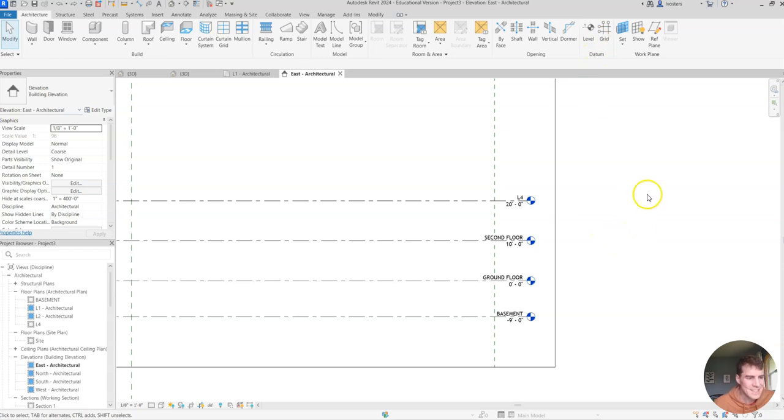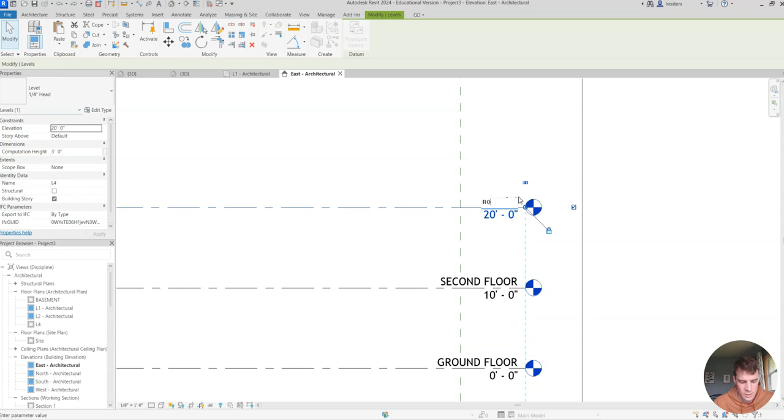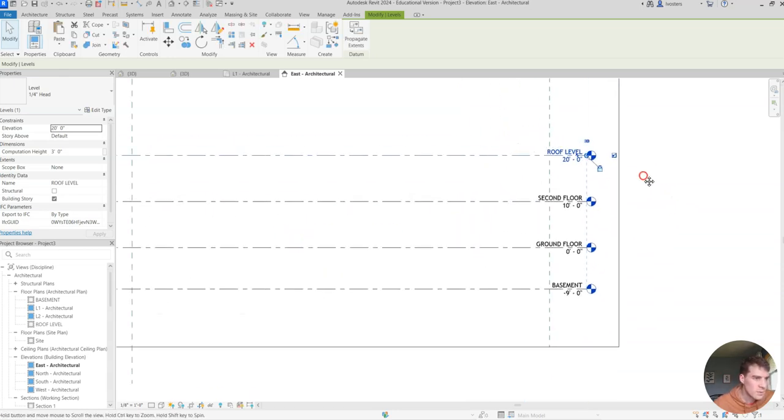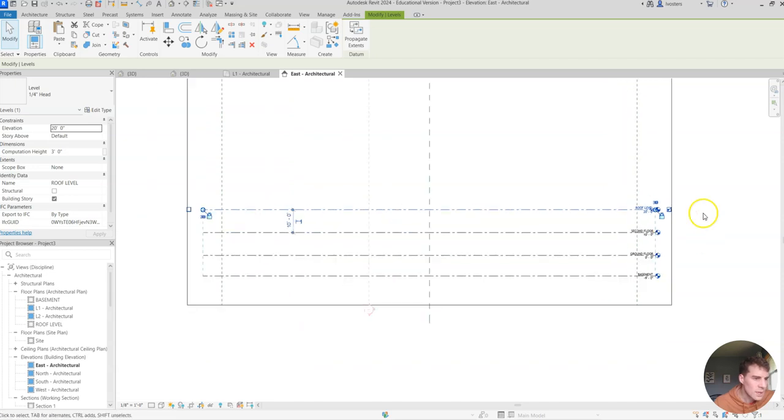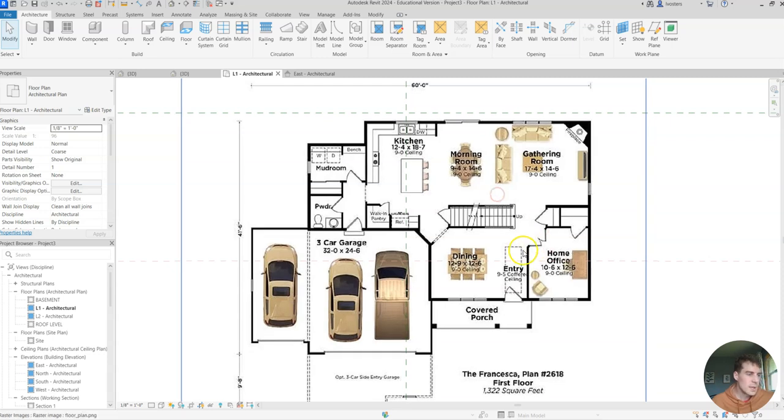So if you hit escape, it'll take you out of the level command and allow you to click on other things. So here we can just rename this roof level. Let's rename the corresponding views. And then from here, we can actually start drawing our floors. So I'm going to use this image as a guide for making our floors. Let's just start on level 1